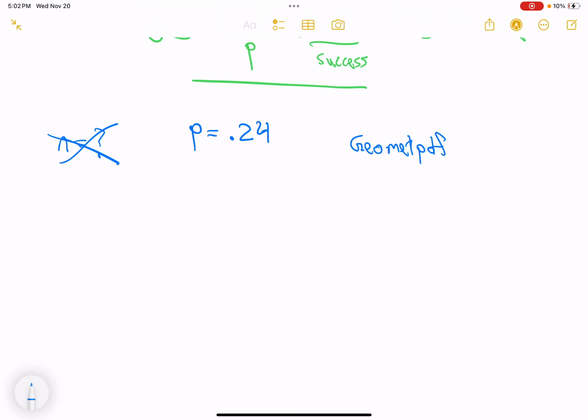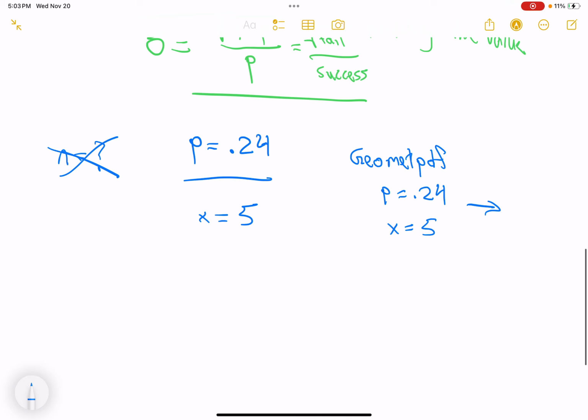So all we need for that is we go to 2nd vars, which is distributions, and go all the way down past normal distribution, past binomial distribution, and we will find, it's like E and F, I think, we will find geometric distributions. And lo and behold, all we need is a value p and then a success rate. And our success rate in this case is going to be 5. We want exactly 5. And you will plug those in, geometPDF, p equals 0.24, x equals 5. Solve that, give me your answer as a decimal,